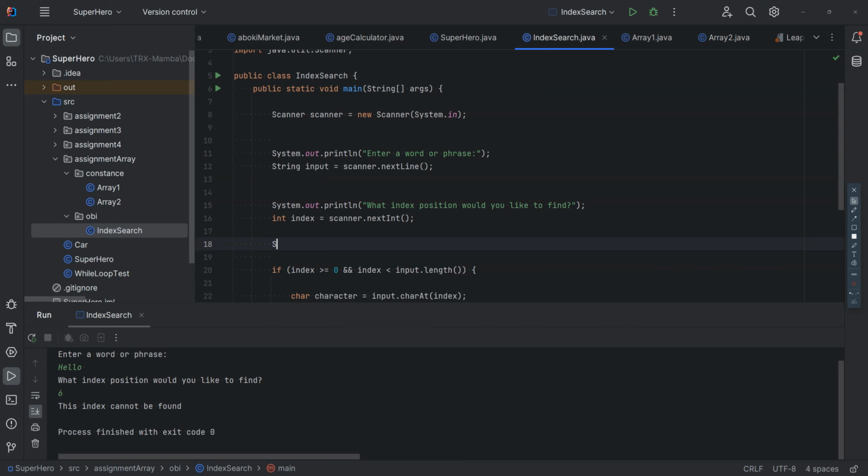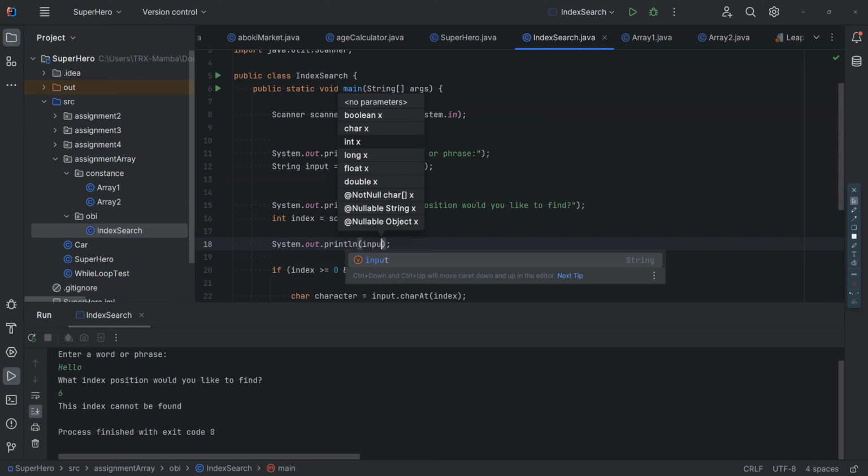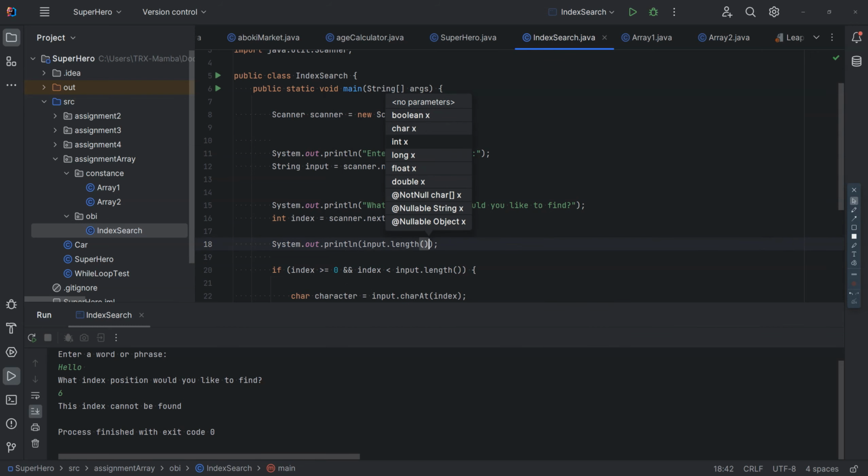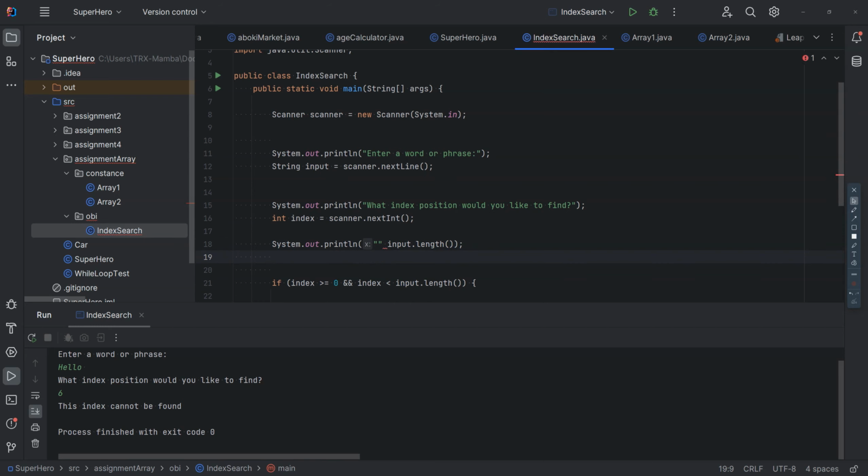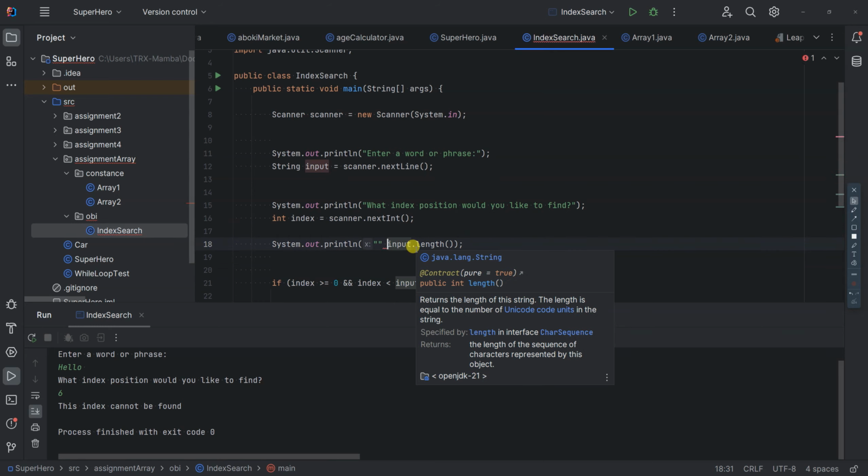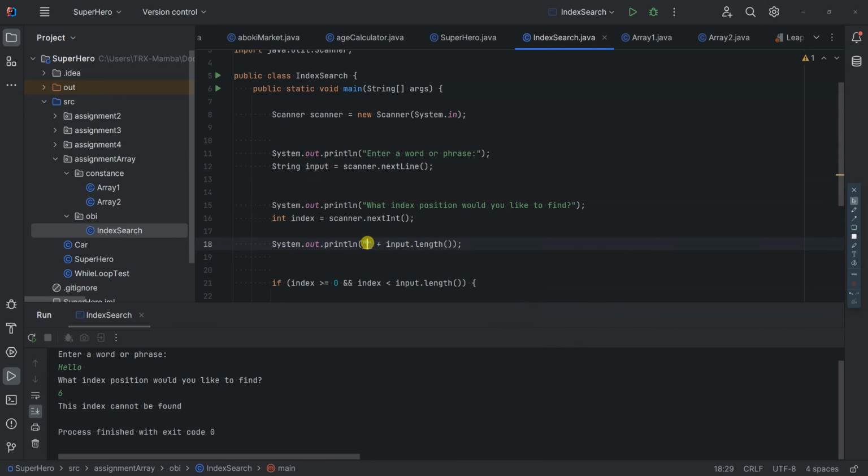So let me also just do something like this. We just have to print out what that length actually contains. So let's just make it simple. So we know this is the length. If I run this again now,